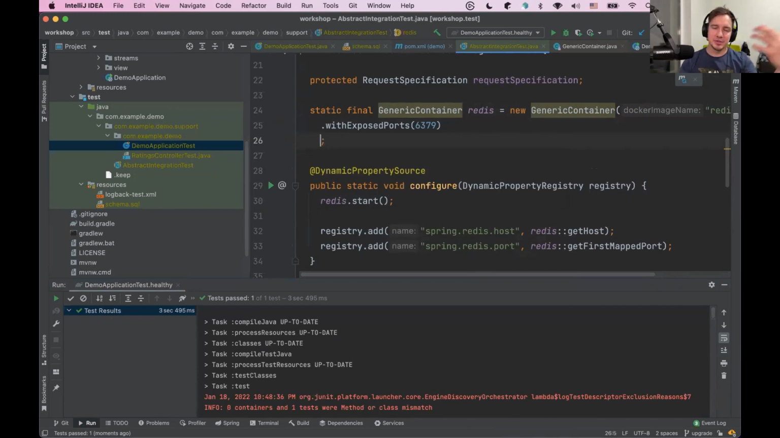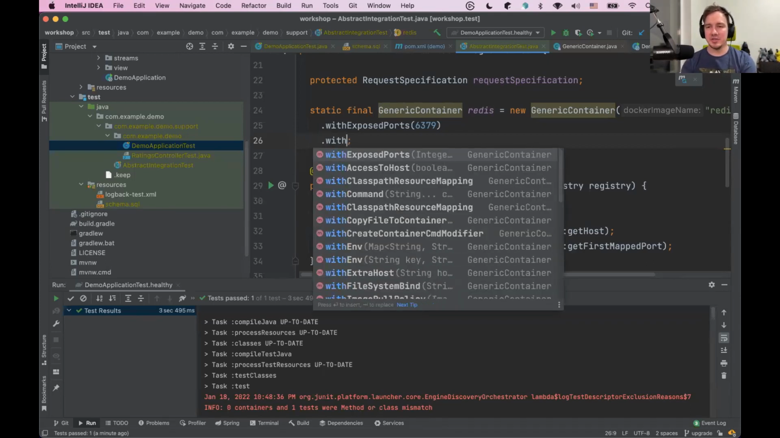You can expose host laptop machine ports to Docker containers if they need to connect the other way around. You can do various things there. The API there, you can do with commands if you want to specify different commands. You can